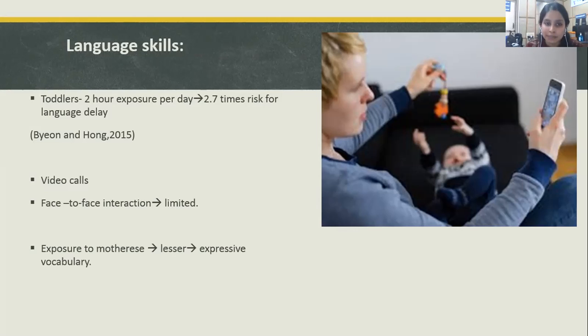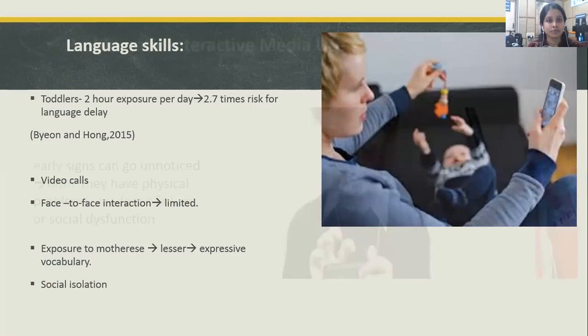So like I mentioned, the exposure to motherese language, where they simplify the language to the child, is found to be lesser when the child is going to use a lot of screen. So naturally it has an impact on their expressive skills also. So this can often lead them to poor language development, and that has an impact even on their social isolation.